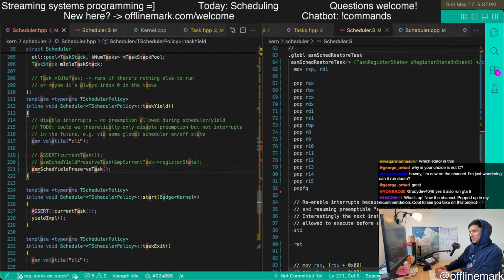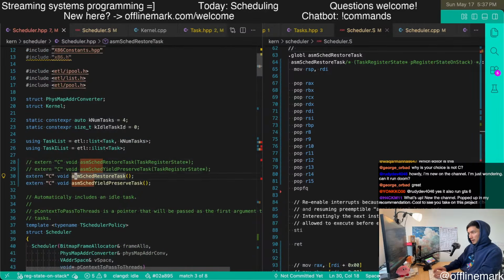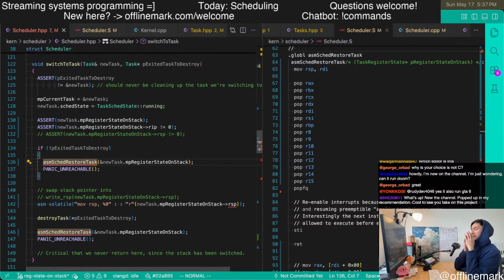Restore task. So now we're here in switch to task, and this is the final thing.